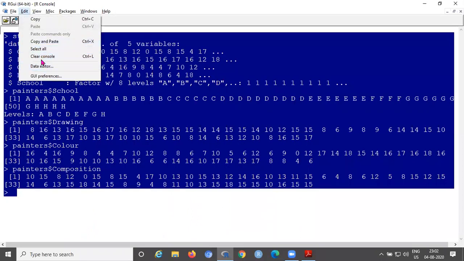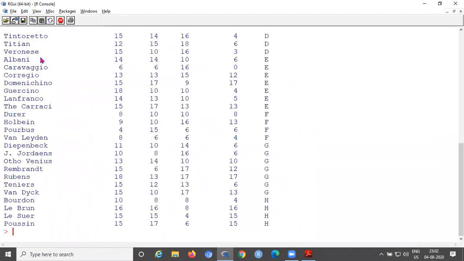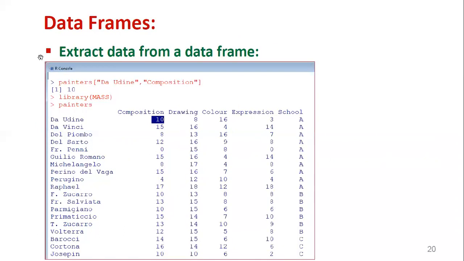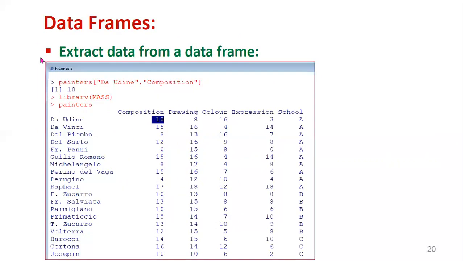Clear the R console. First you call the dataset painters. Now what we are doing here is using matrix style indexing on painters. Be careful with the name, give it as it is presented in the table: Udine, with D and U capital, with a space.